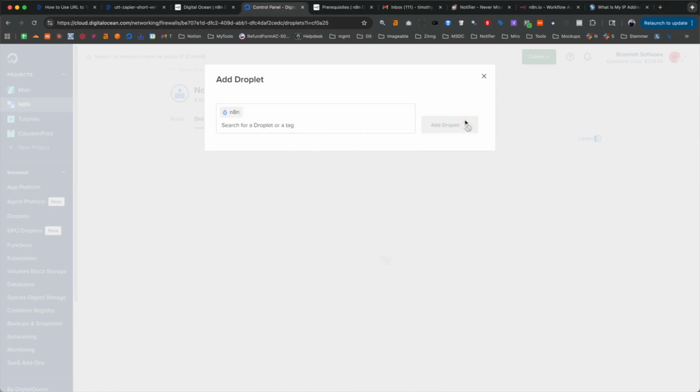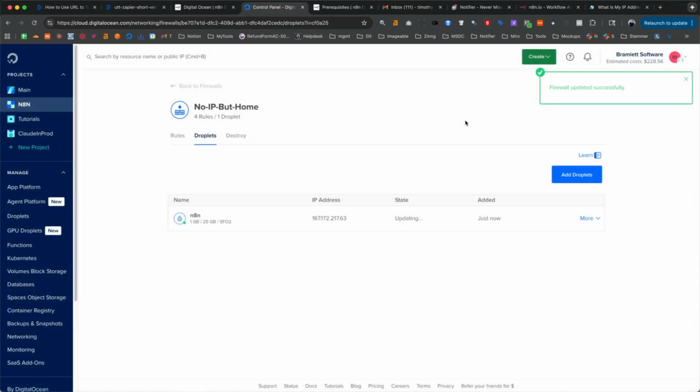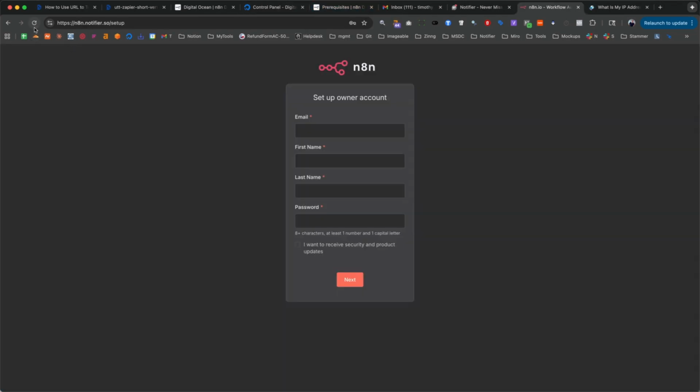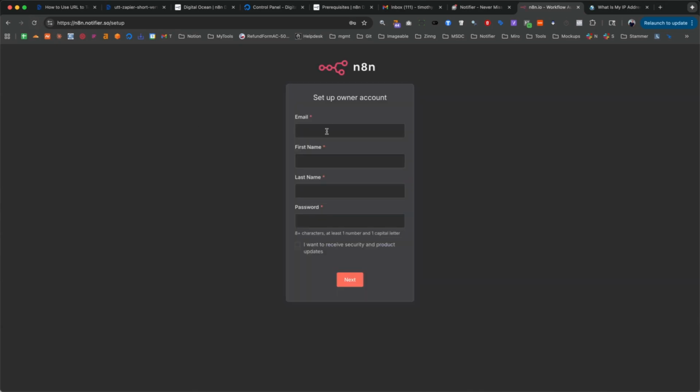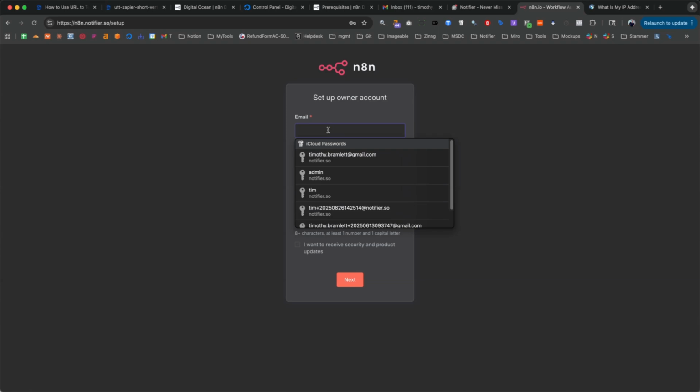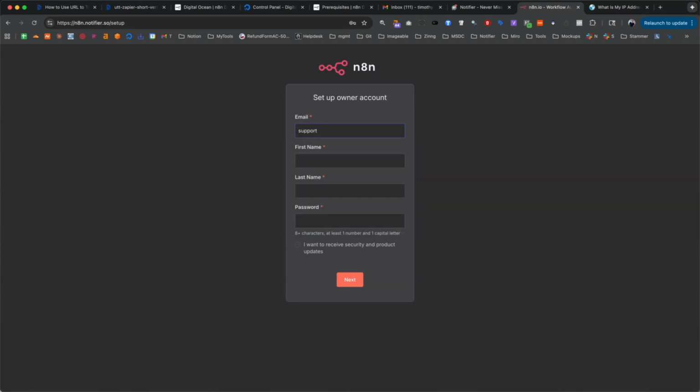So we're going to add that droplet. And now that firewall should be being applied. It should now be being applied to where no inbound traffic except for my home IP address should be able to use that. And now let's go back to this. I just want to refresh this. I'm going to delete this droplet in the end. But as far as the email, what I'm actually going to use is